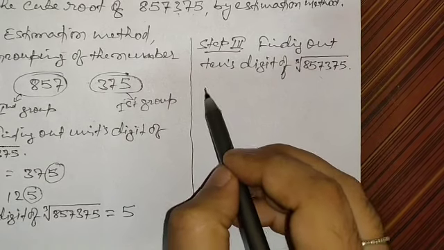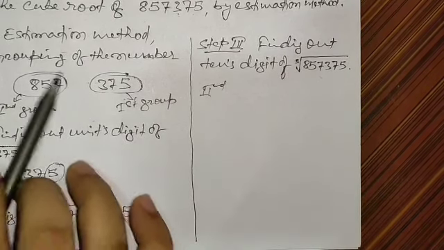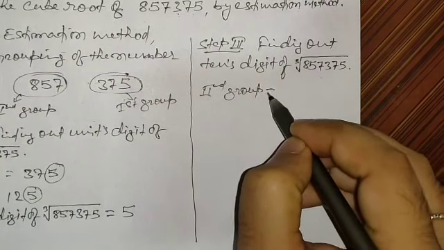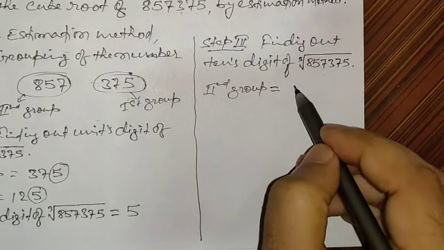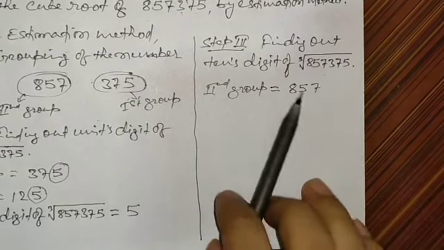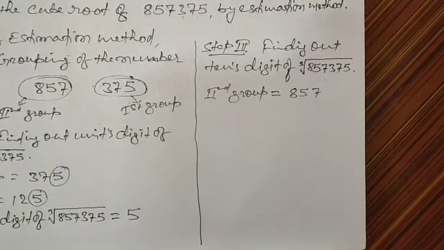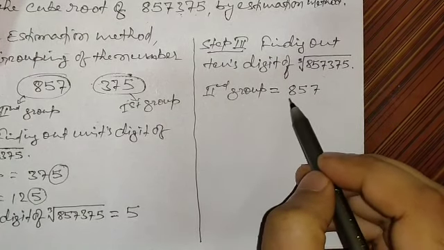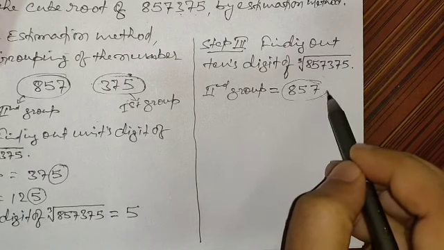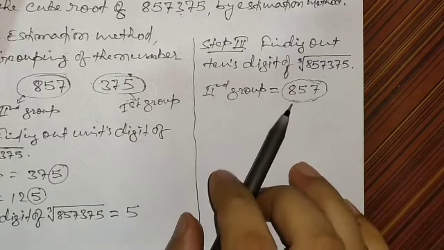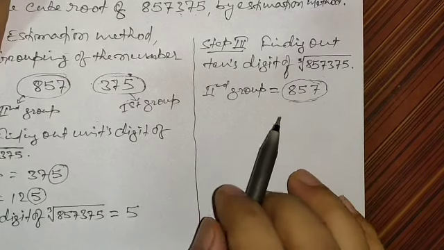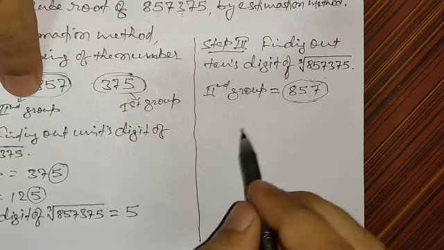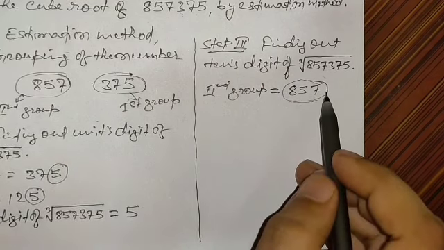So how to find out? Again, the second group. With the help of the second group, you can see this is the second group, we are going to find out the tens digit value of the cube root of this number. So the second group is 857. It can be of 2 digits also, it can be of 1 digit also, not an issue. Here we need to focus on the whole number. See this whole number. Now we need to find out which two perfect cube numbers this number is going to lie between. If we analyze and keep on finding out, we observe that this number is going to lie between